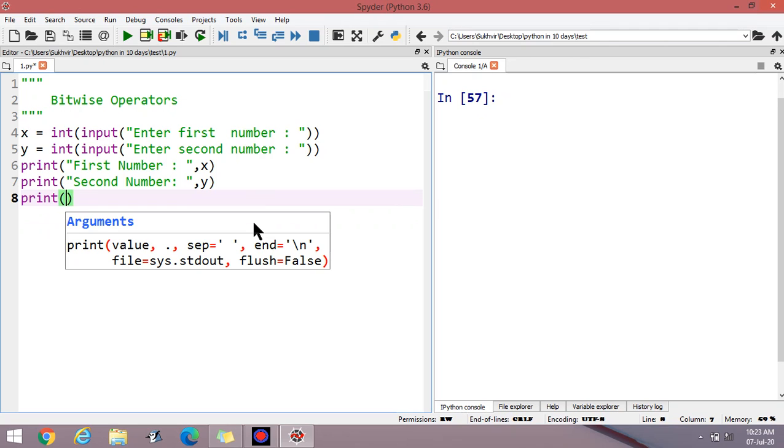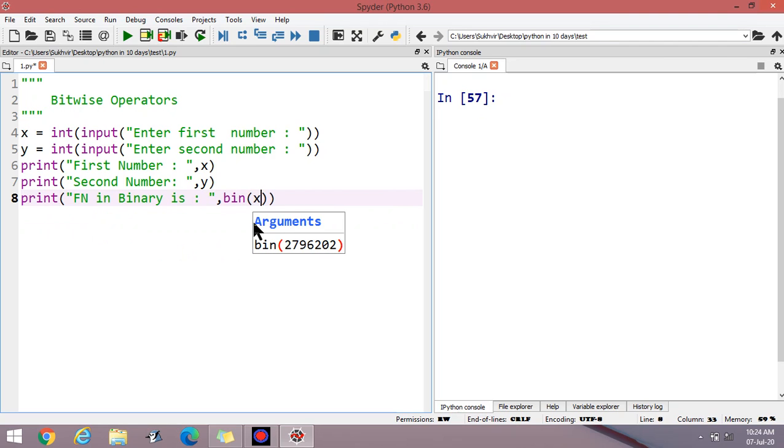Print first number in binary is, you can write here binary, then x dot replace binary into empty.